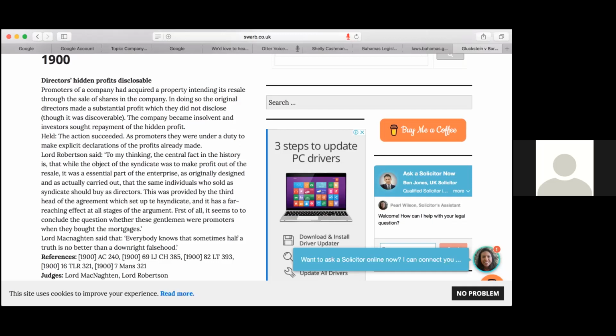So you always have to look at this: you hire a promoter to help you get your company started. In most instances, the best advice to give is that you draw up a contract. If you are the promoter, you should draw up a contract between you and the parties who are going to be the shareholders of the company, so that the liability is spread between all parties. Otherwise, you as a promoter will be personally liable. Even though you can benefit from it, you will be personally liable.